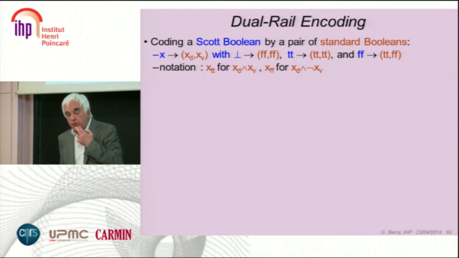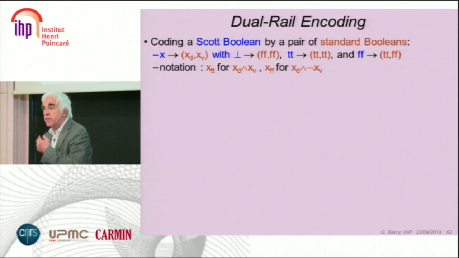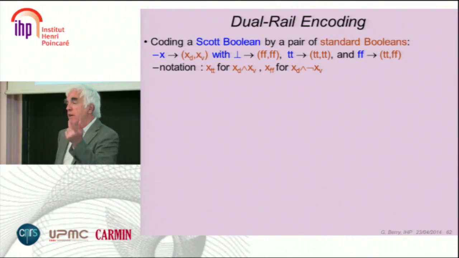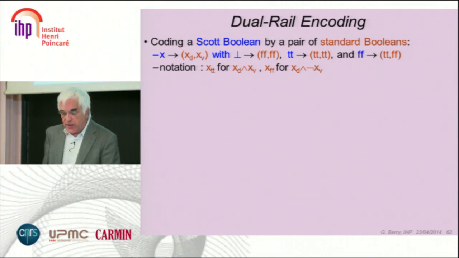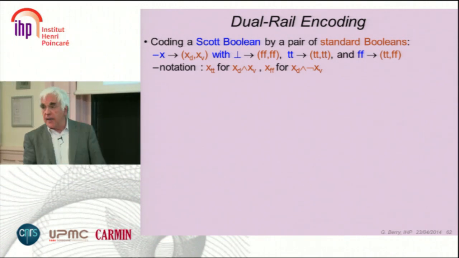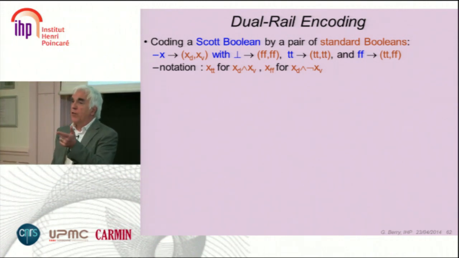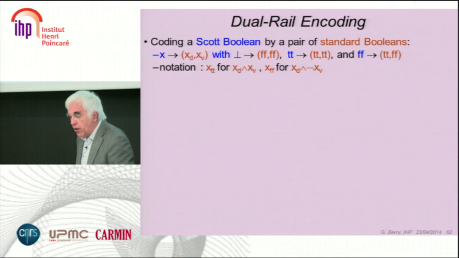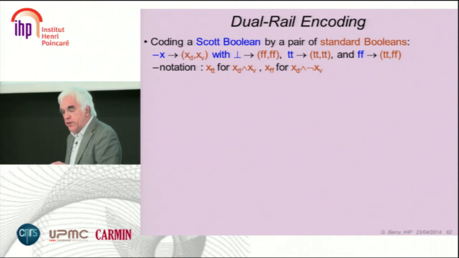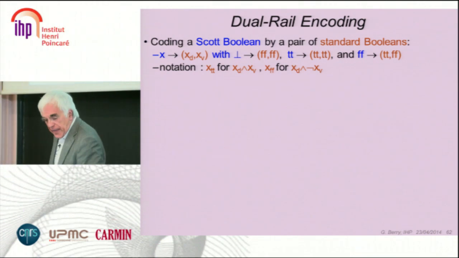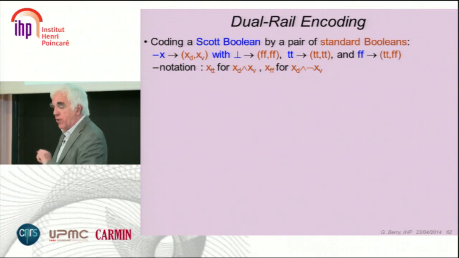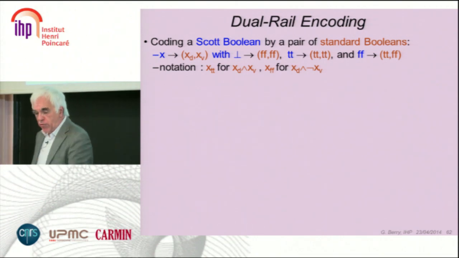So the problem is that we have three-valued logic, so we cannot do BDDs for that, or not easily, but we can do something very stupid, which is to encode three values with two Booleans. And you say that x will be encoded by two Booleans, x defined and the value of x. There are other encodings possible, of course. This is maybe not the best, by the way, but the easiest to think of. And you say that bottom is false, false; true is true, true; and false is true, false. That's fine. So I denote x true as xd and xv, and x false as xd and not xv. This is a formula that says x is true, and the other one, x is false.